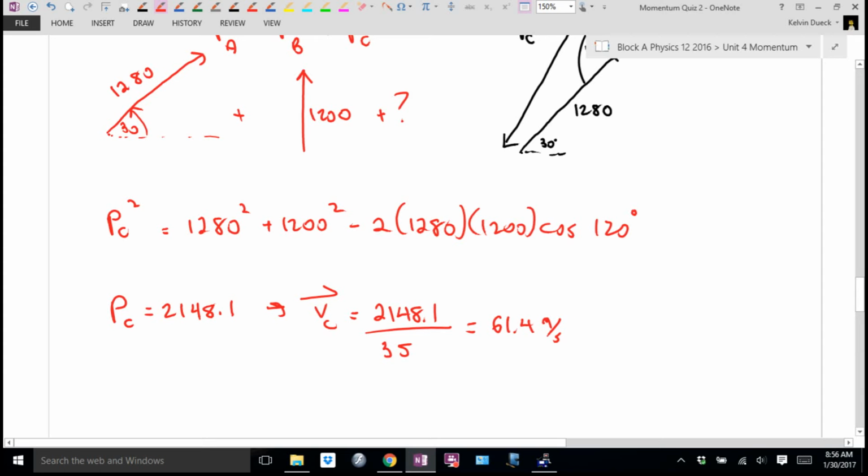That's the speed. Now, how else could I tweak this question? Instead of saying find the final velocity of mass C, I could have said how much kinetic energy does it have? You could stop here, and now you could go a half mv squared. You wouldn't need to find the theta. You just go straight to a half mv squared. That'll work. I guess I could say what was the total kinetic energy of the bomb? You'd go a half mv squared of each piece and add them up. I'm trying to think of ways I can mix and match this, but those are some, and bring in some work energy too, because that's also conserved. For now, though, I just asked for the velocity, so